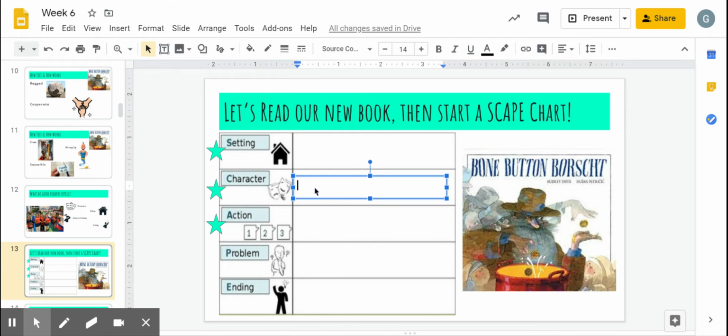Now, like I said, we wouldn't really call anybody right now a beggar. That's not a nice word, but that is the word that our author chose to describe this character. So I'm going to type it in the box because that is what the author chose, but I probably in real life would not call anyone a beggar because it's just not a nice word. Beggar. And then we have the shamus. He's a leader in the synagogue. And then there's the group of townspeople. Those aren't main characters, but they're important for our story.